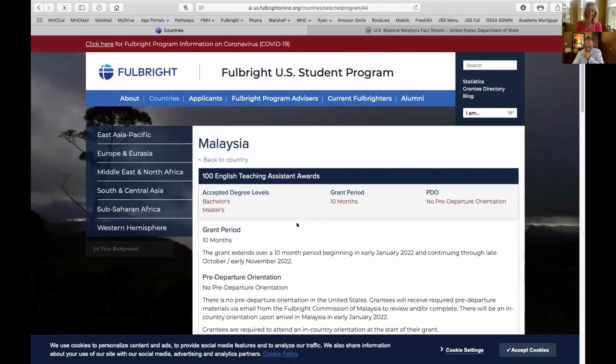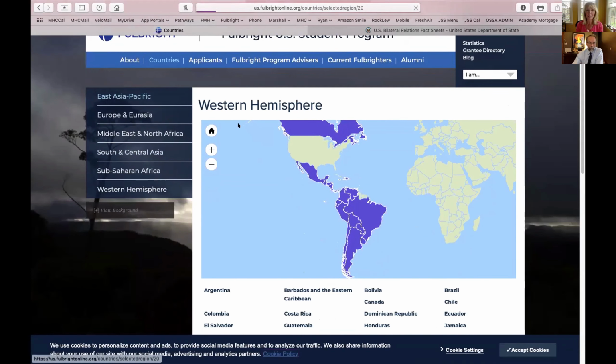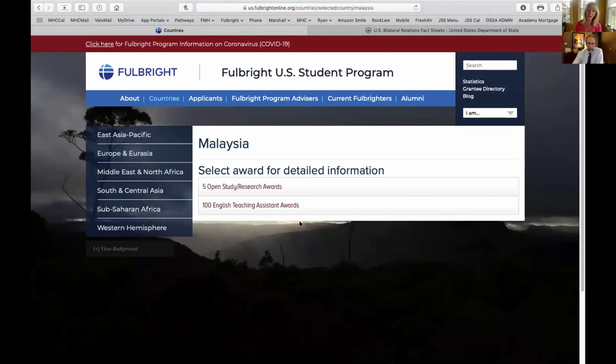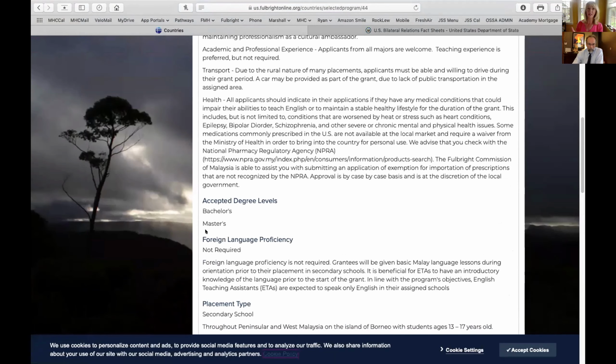The next country we want to go to is Argentina. I'm going to interrupt you for just a second because there were two things I just wanted to interject about Malaysia. One is that surprisingly to some people, it doesn't have a language requirement. And that's true of almost all of the East Asia Pacific countries. So when you're thinking about a country, don't assume that there's a language requirement that you don't have. There actually isn't one because it's a less commonly taught language. There would be so few people who could speak it or know it in the United States. So that will always be on every country summary page.